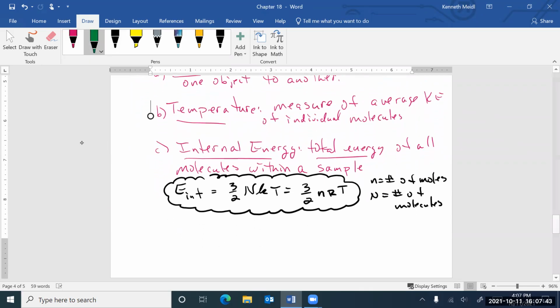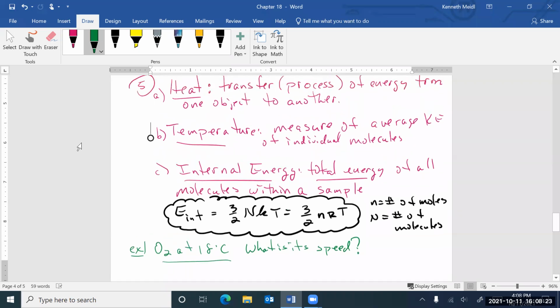So, for example, let's say you have an oxygen molecule, so O2, at something close to room temperature, say like 18 degrees C or something like that. What's its speed? Can we actually sort of do that? And we can, but when I take a look at what we have up above, we do have to worry about